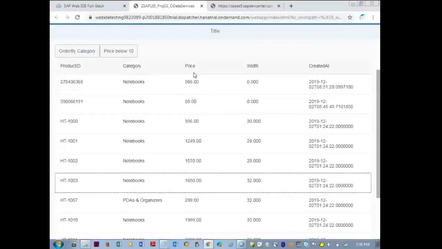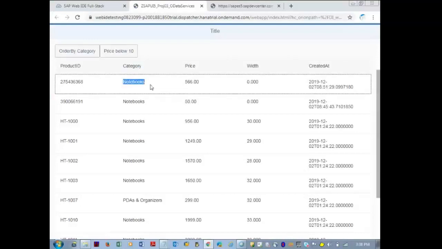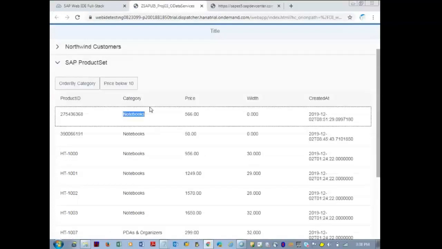Now I want the same thing: price less than 10 and category equal to notebooks. An AND condition. Where condition. Requirement.